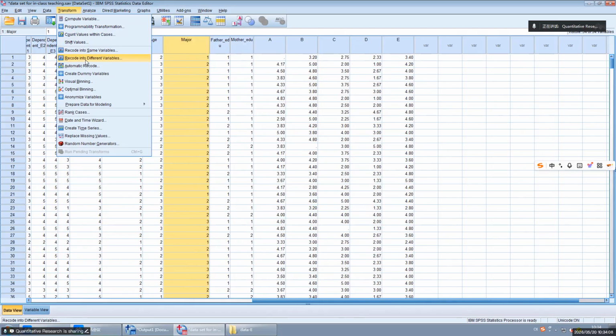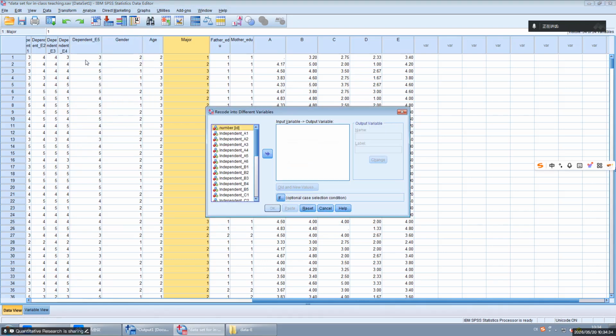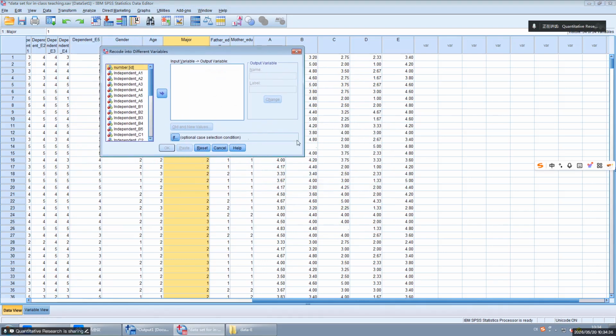Recode into different variables. Which means in here, we can recode original data into new data. Okay, we open it.